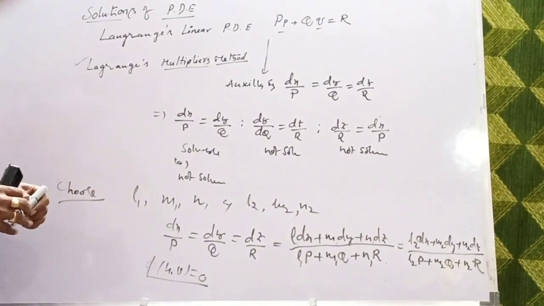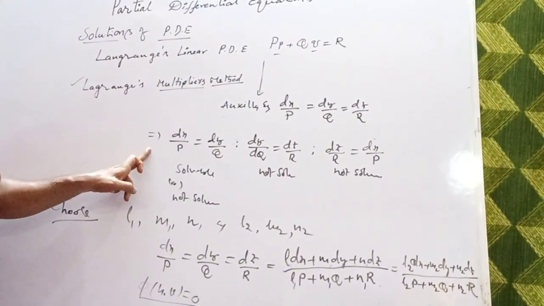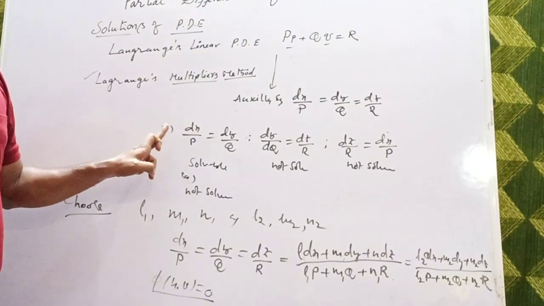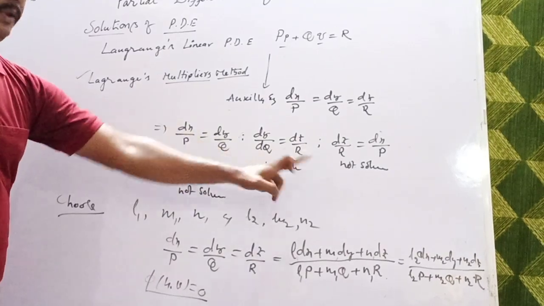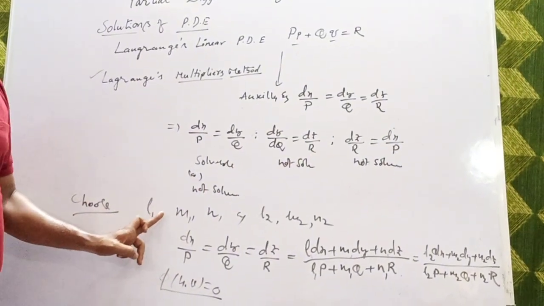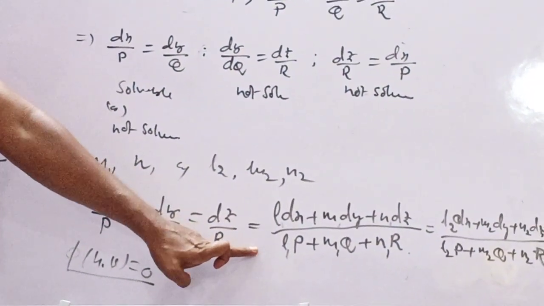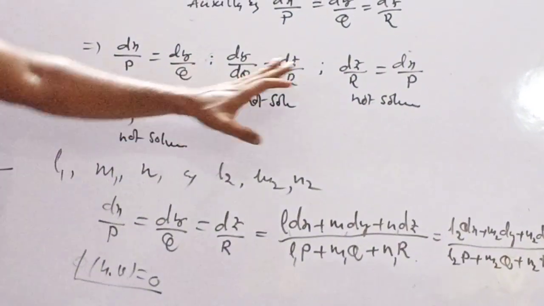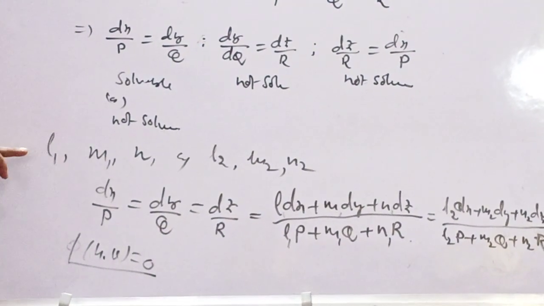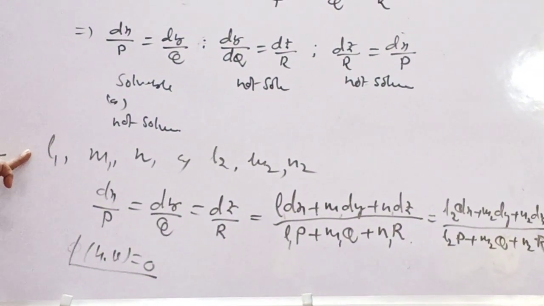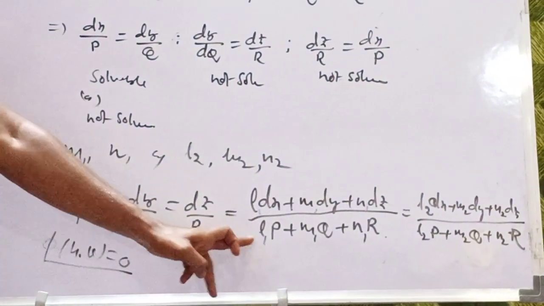Very clear. So before getting the solution, first write the auxiliary equation and check whether it is soluble or not. Suppose it is soluble, no problem; that gives u or v. Suppose it is not soluble, then go for the supposition of L, M, N and write the condition Ldx plus Mdy plus Ndz by LP plus MQ plus NR. Suppose all 3 equations are not soluble but we require 2 solutions, then we choose 2 sets of Lagrange's multipliers, L1, M1, N1 and L2, M2, N2, which satisfy these 2 conditions.